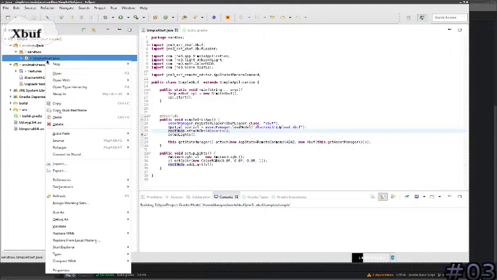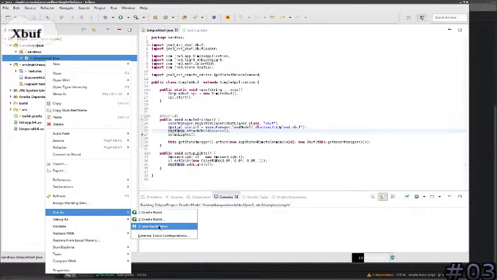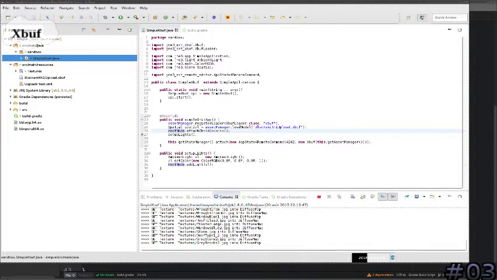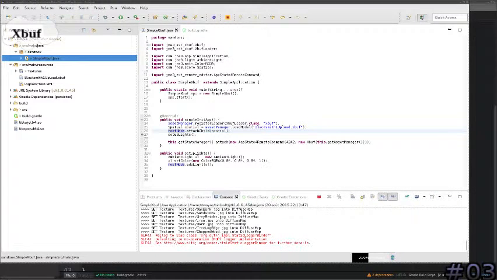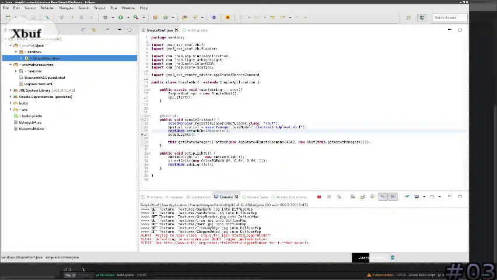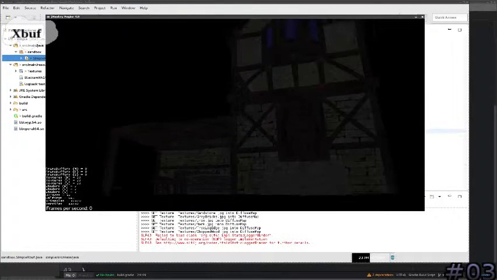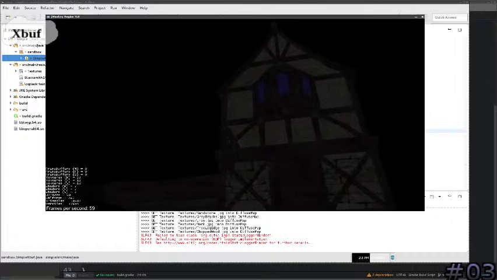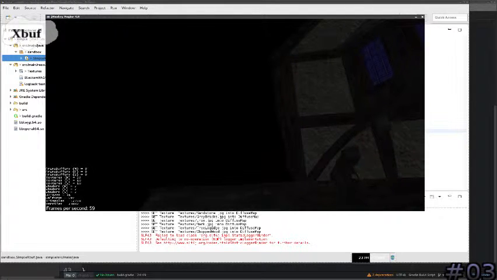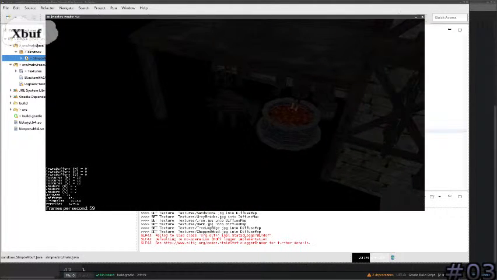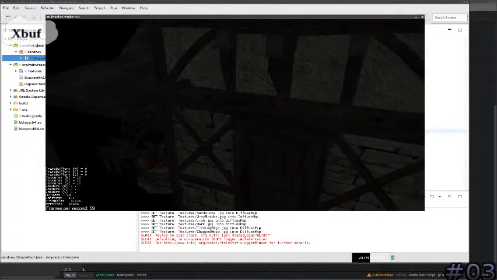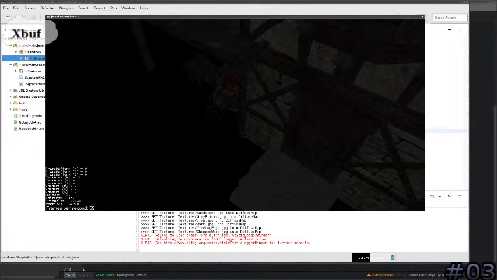Fresh run as Java application. The window opens, and ta-da! You have it visible. I have to enable an ambient light to 0.8. So